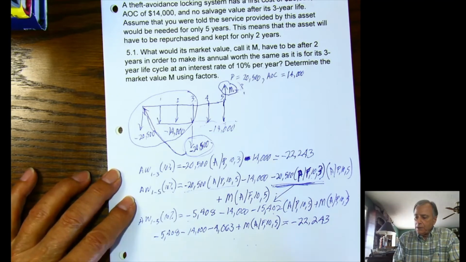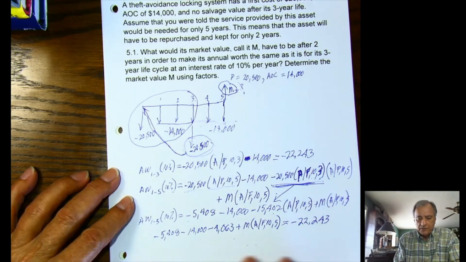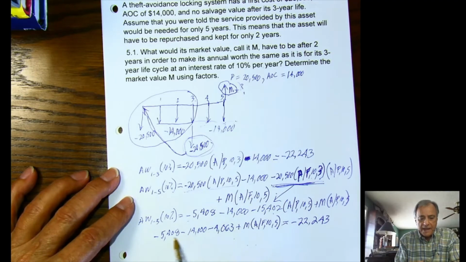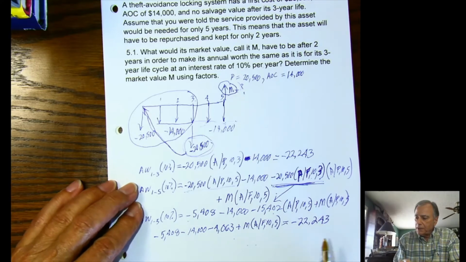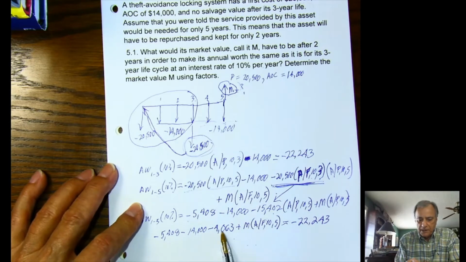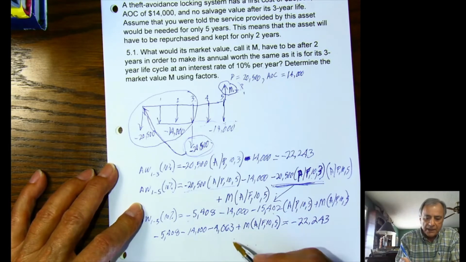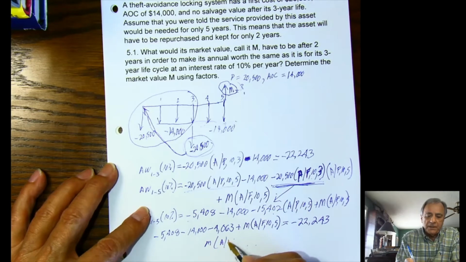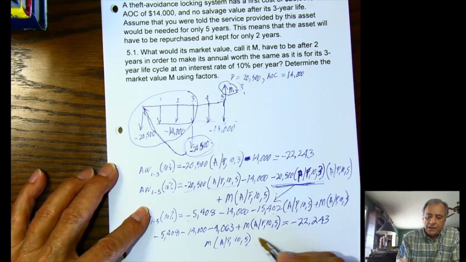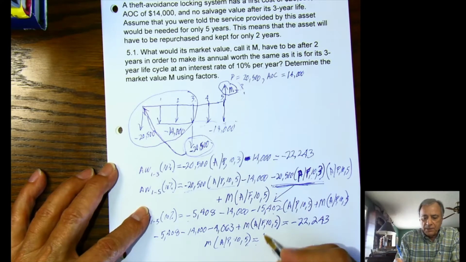Now, when I solve this for M, I'm going to basically add all of these to the other side of the equation. And when I add these numbers to both sides of the equation, I'll get M times A given P, 10% for 5 periods, equals